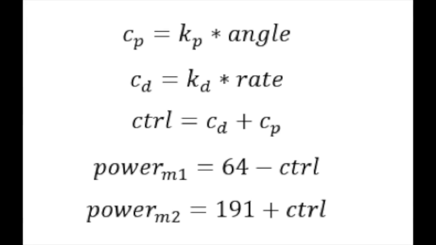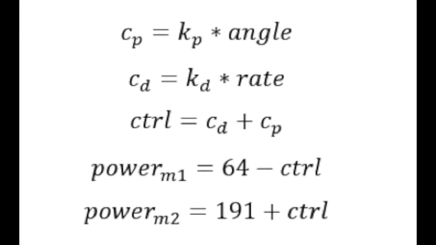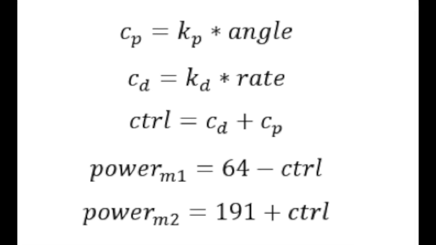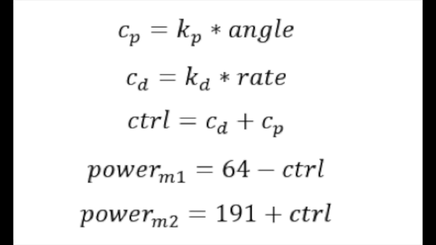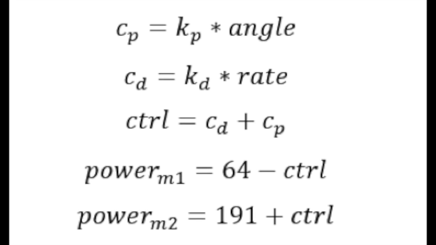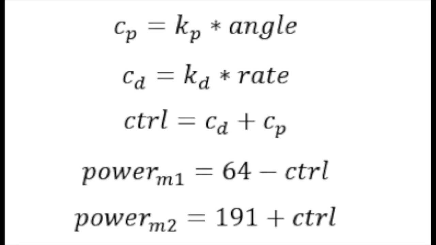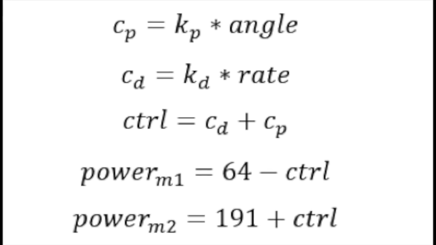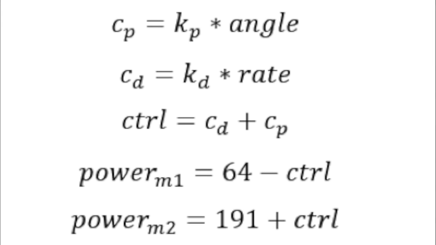The PD controller itself is very simple in concept. Here is shown pseudocode for the controller as we implemented it in our code. Here we have CP and CD values that accumulate the total change we want to effect on the motor. CP comes from the proportional gain of Kp times the angle itself, or the position value of the angle, and CD equals Kd times the rate, or the velocity, more specifically angular velocity, of the machine, be it ball bot or scooter. Control in turn adds these together,